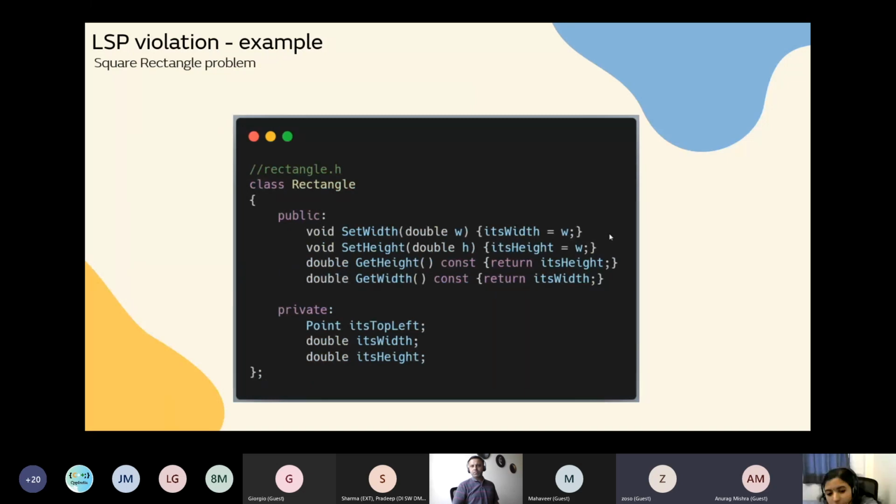Here with rectangle itself, our mindset was, yeah, we have a height and width, we have public methods to set, get and draw, so we could reuse that. So the point here is Liskov substitution principle is all about substitutability,